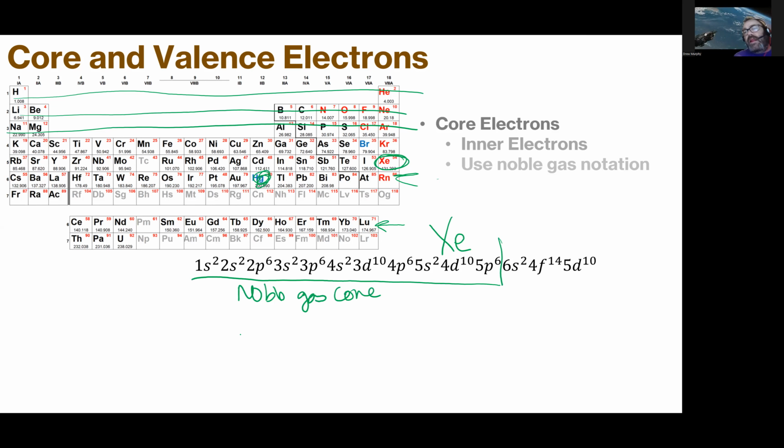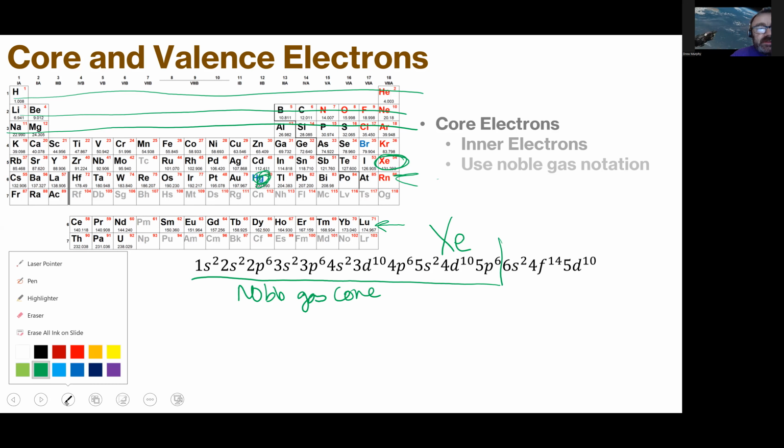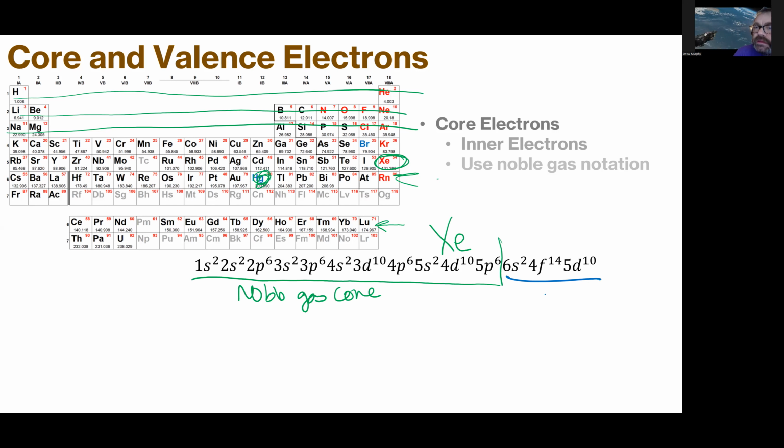Okay, and everything after xenon has the same thing. Everything after that is specific for mercury, right? If we wanted to do iridium, that's 4 shorter than that, so that would end up 6s2, 4f14, 5d7. I can't count, right? So that works. What's out here are the outermost electrons, and for most atoms, these are the valence electrons, and